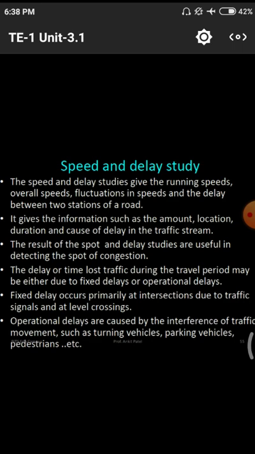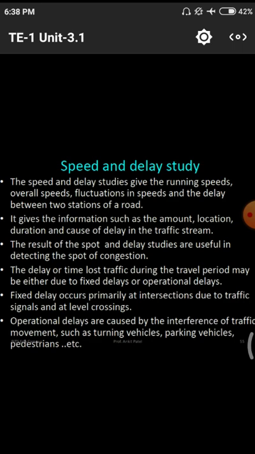Next one is the operational delay. That means if there is any vehicular problem, such as a puncture or any other damage, or something has occurred on a particular road surface, it comes under operational delays. A particular operational problem to our vehicle or to the driver comes under operational delays. Fixed delays come under human purposes. Operational delays come under any damage to the structure or any mindset of the particular driver due to illness and others.